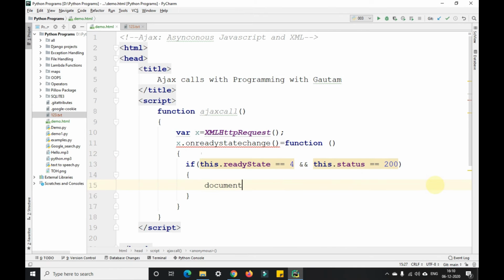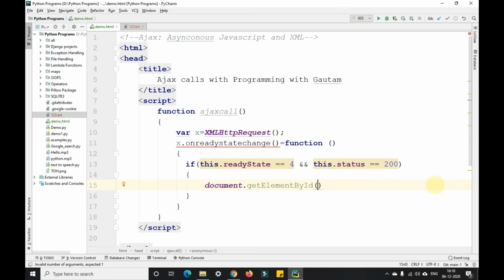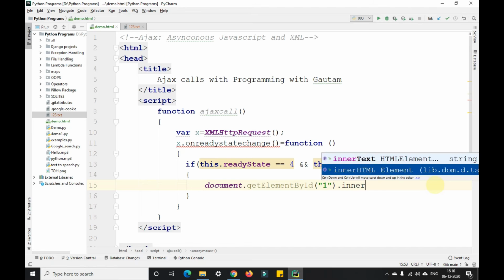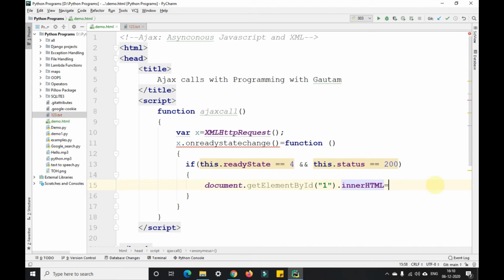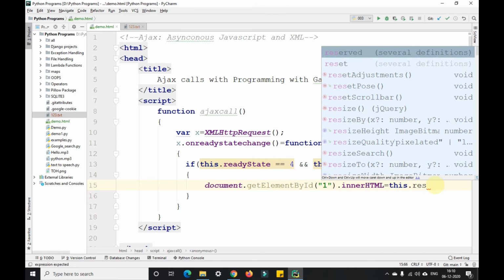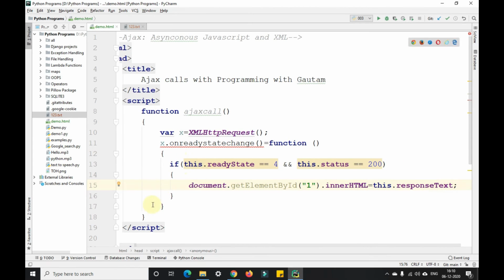document.getElementById("1").innerHTML equals to this.responseText. This should be in double quotes. Okay, so we are sending a response text in the form of innerHTML here.